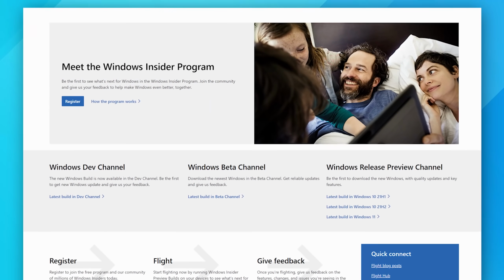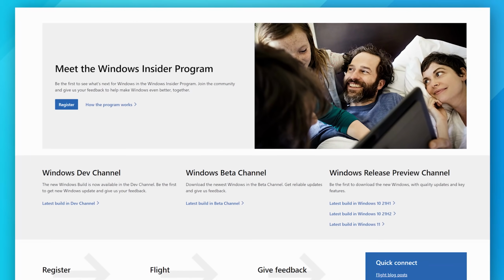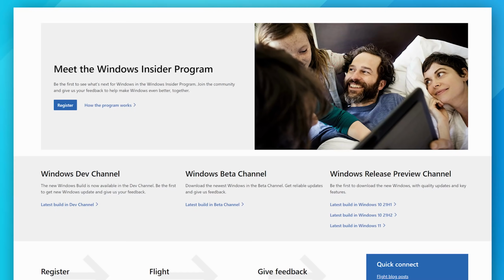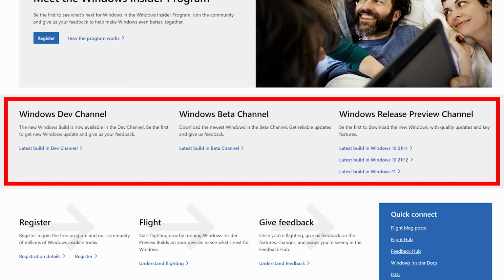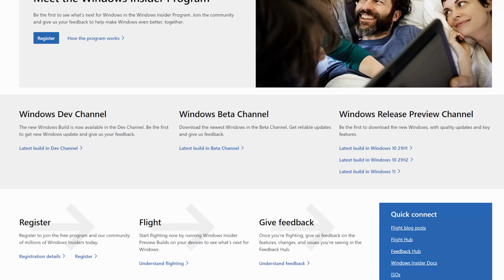The Windows Insider program basically allows you to sign up to get early builds of Windows, but it's not like things go from the dev channel to the beta channel and then always end up in the final release. You can think of the dev channel like a hodgepodge of random features getting added, but they might be taken out before the final build or the beta build, and they might never see the light of day again. So it's not guaranteed that a feature in the dev channel ends up in the rest of it.